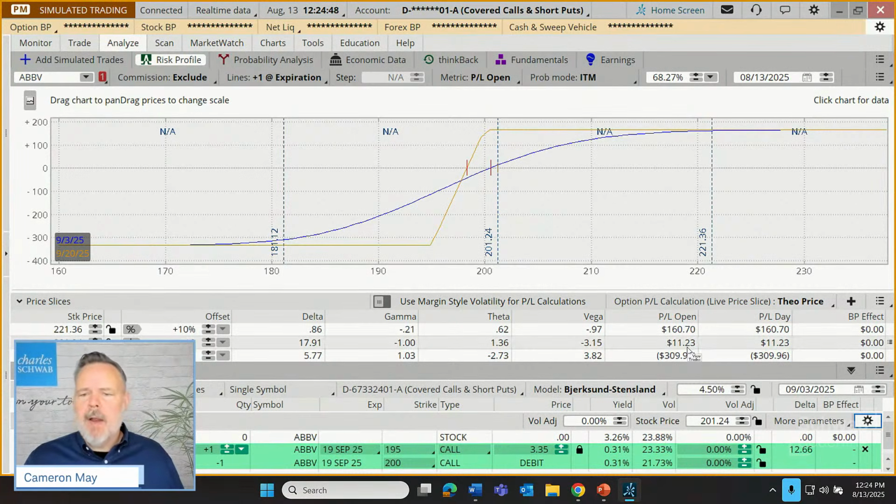So let's keep our eye on things right here. $11.23 is how the stock would be doing, or how this trade would be doing if the stock didn't move at all, but time went by, right? Well, what if volatility rose at the same time? Now, this is a long call vertical spread. And I know it's easy to think, well, with long options, rising volatility should help the trade. So it should increase the profitability of this trade, right? So if I start clicking this to show increasing volatility, my profit should grow.